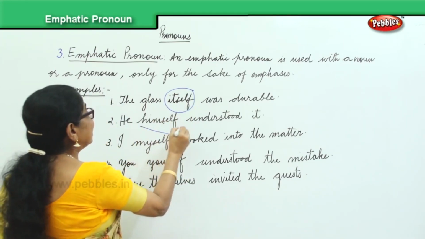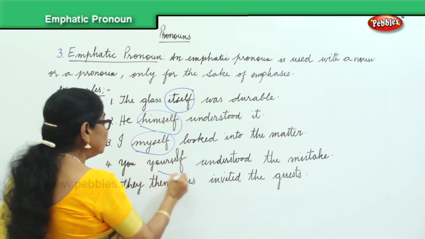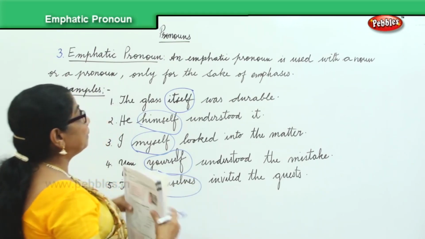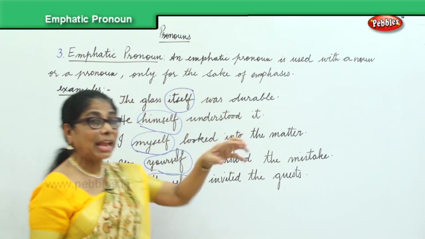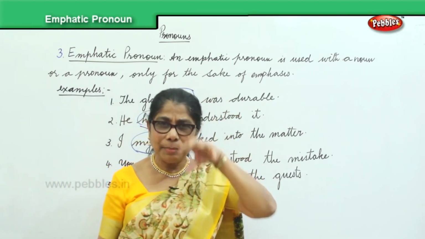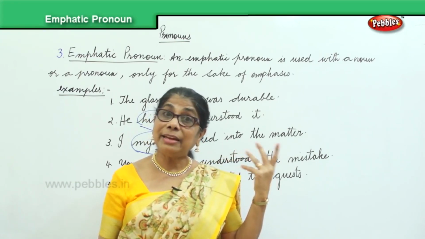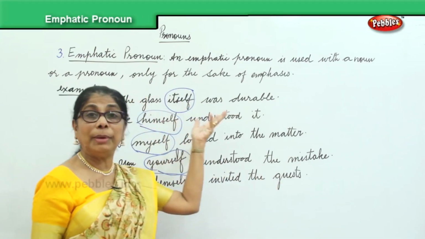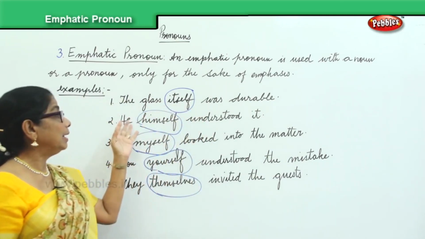He, himself. I, myself. You, yourself. They, themselves. When you're talking about a noun or a pronoun, only for the sake of emphasizing. I myself went alone. I myself sat alone in the house. The glass itself was durable. It fell down. The glass itself. We are talking about glass. Glass itself. He himself